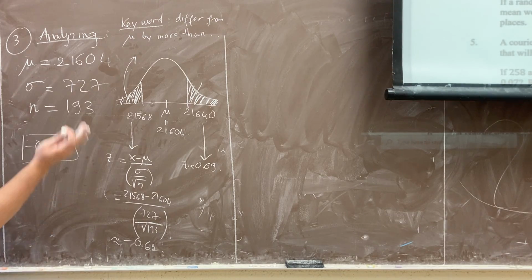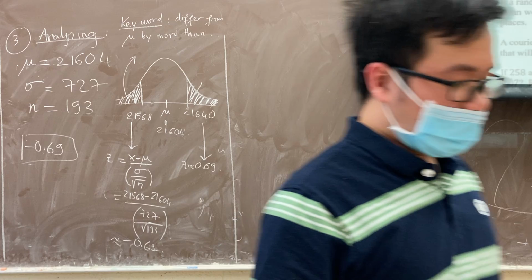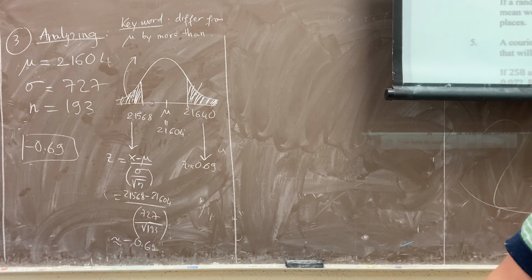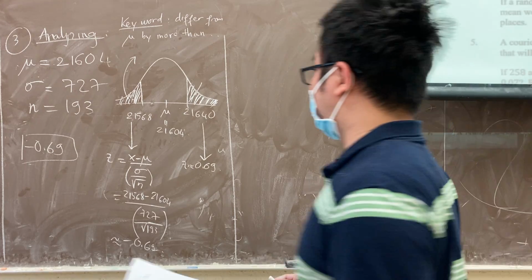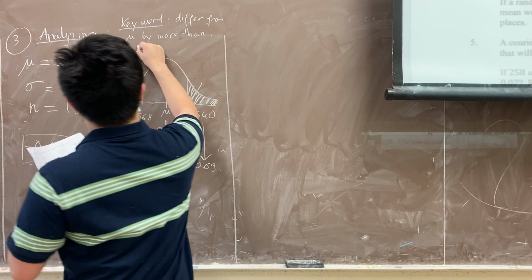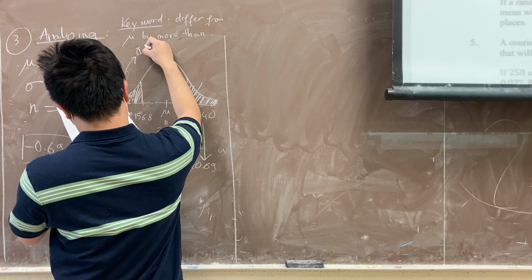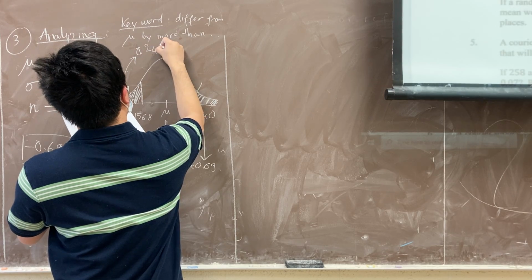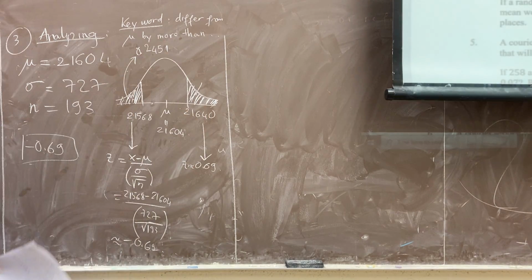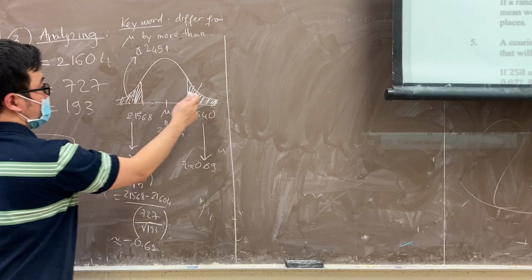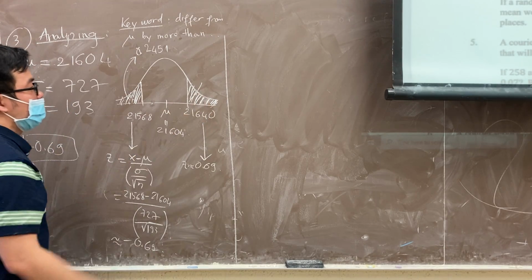Find the left area. So look at this, 69. So the value here is, okay, change it again. 0.245. Yeah, exactly. Thank you. So the area here is 0.2451, right? Because the area of this region and the area of this region are equal, so the sum